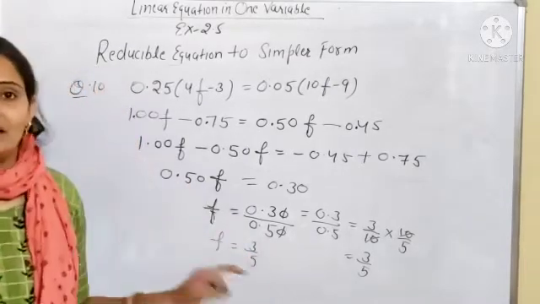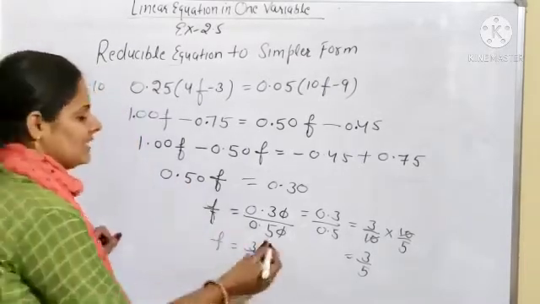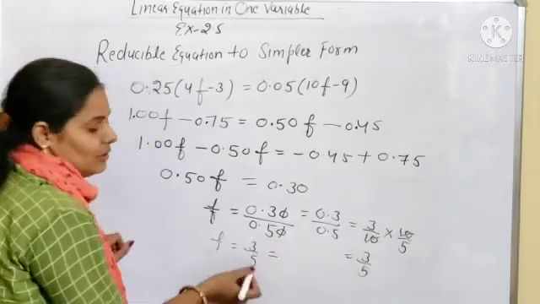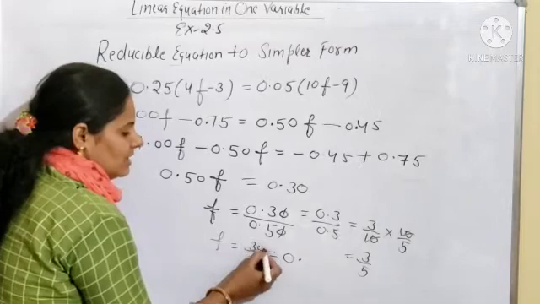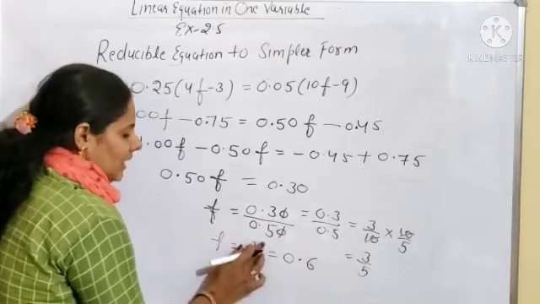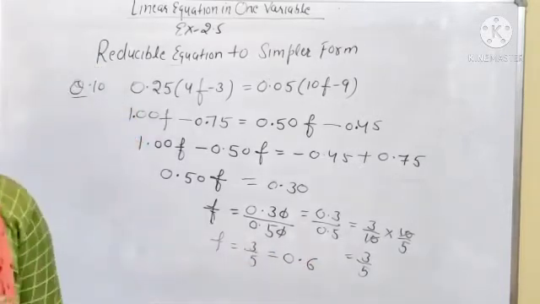So if the answer is given up to here, you can give it here. If it is given in points, you can divide it. 3 will not divide by 5, so you will put 0 and a decimal. So it will be 30. 5 6s are 30. So it will be 0.6. What is the value of f?